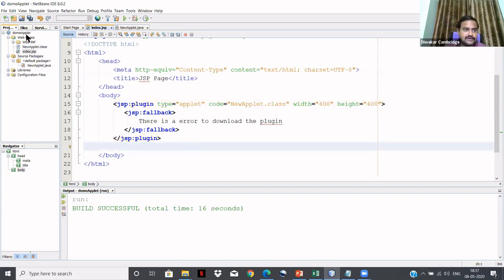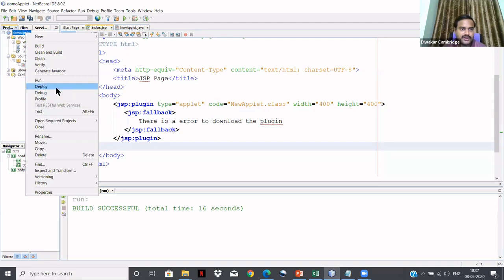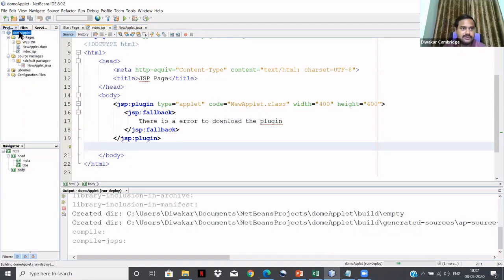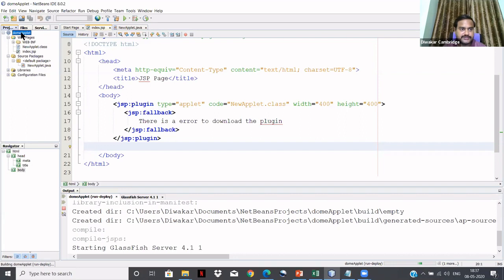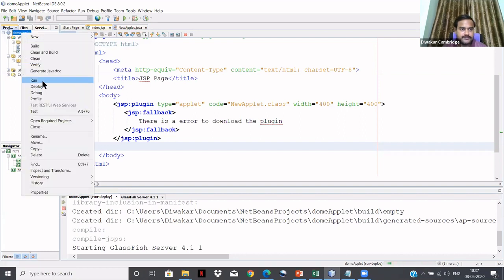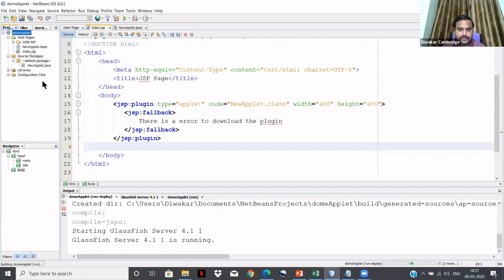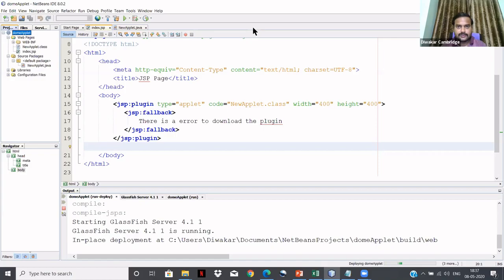Then you deploy this project and run this project. After that, the output will be displayed here. You see the output here.